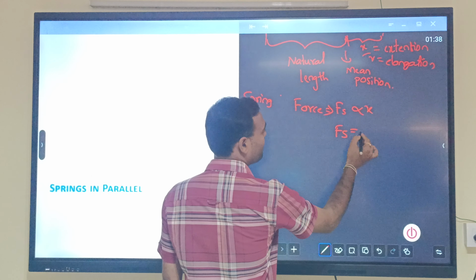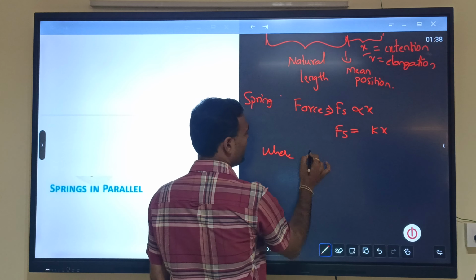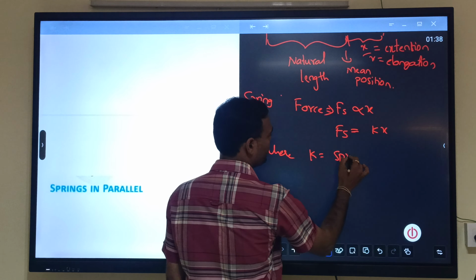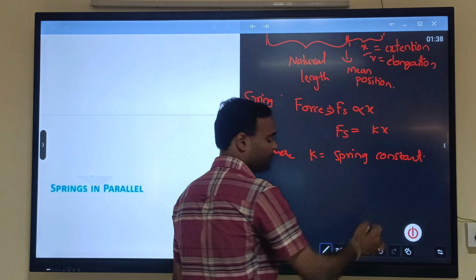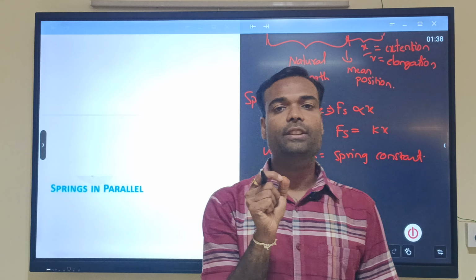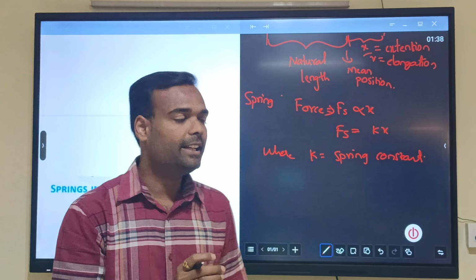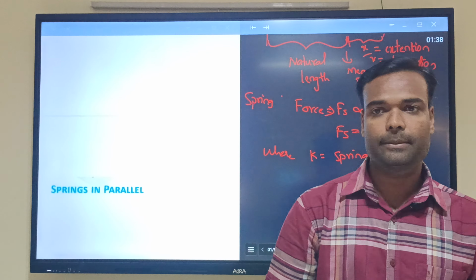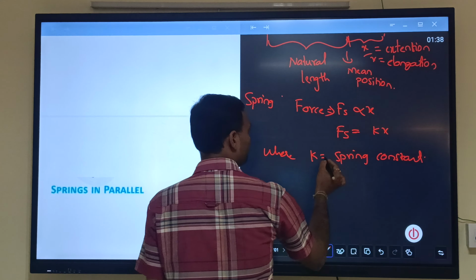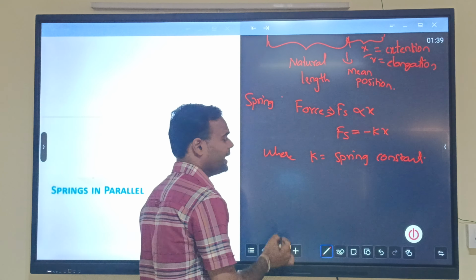Fs is equal to kx, where k is the spring constant, and the spring constant depends on the material with which it is made. If it is iron, it has some k value. If it is steel, it has some k value. So k value varies depending on the material. And here one most important point is that I am representing it with a negative sign